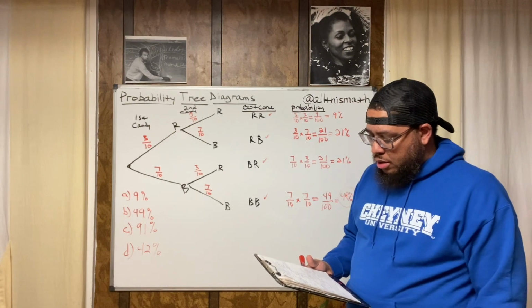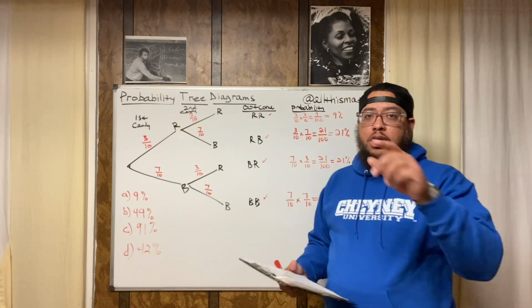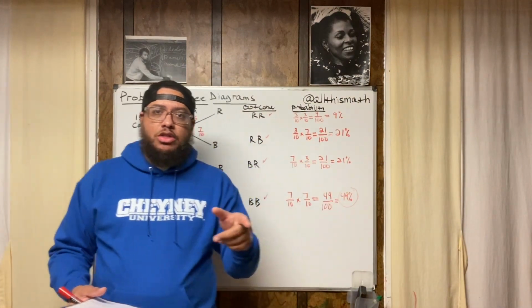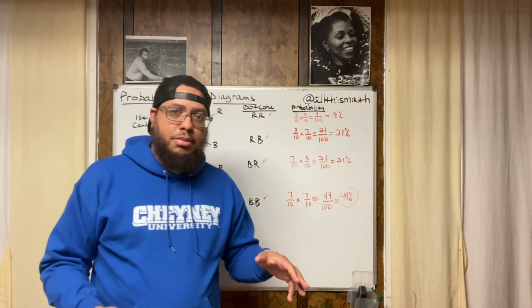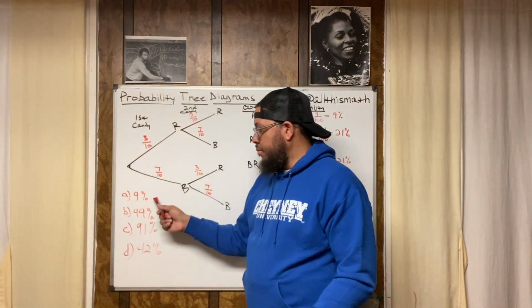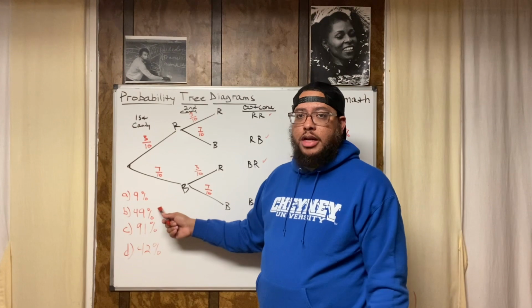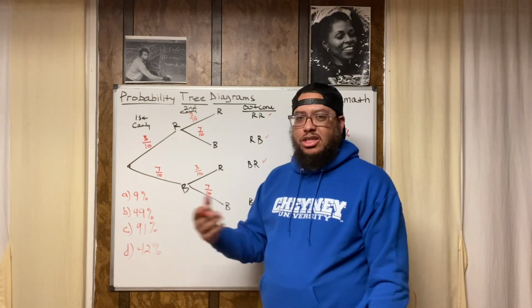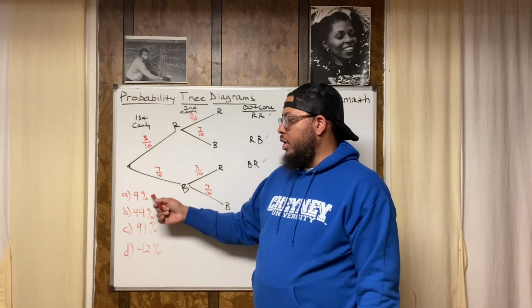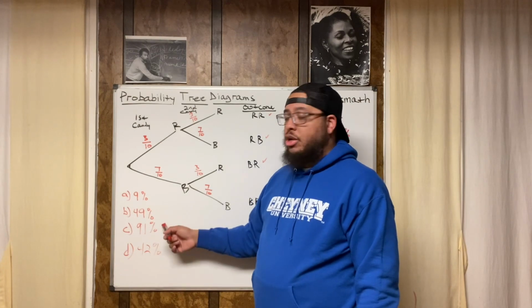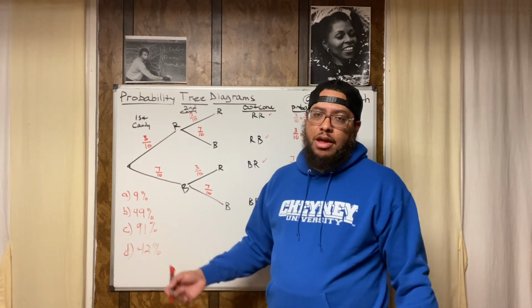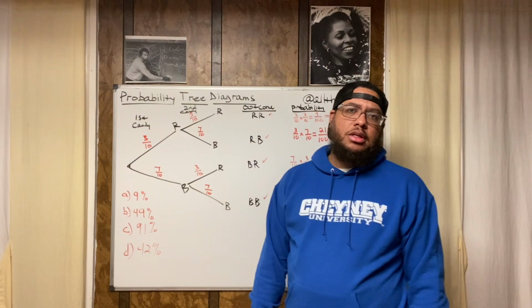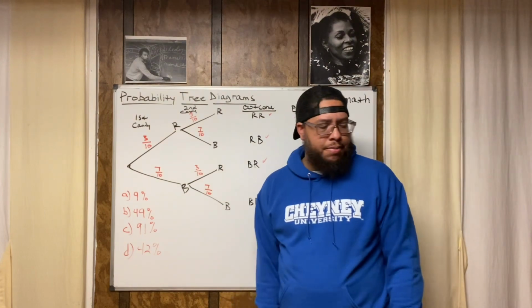Yeah, so that's about it. Remember, in probability, and means multiply, or means add. And means multiply, or means you're adding things up. All right, here are our 4 answers right here. Part A was 9%, part B is 49%, part C was 91%, part D is 42%. If you want the answer as a fraction, you would just say 9 over 100, 49 over 100, 91 over 100, 42 over 100. And 42 over 100, you can reduce that to 21 out of 50 if you wanted to.